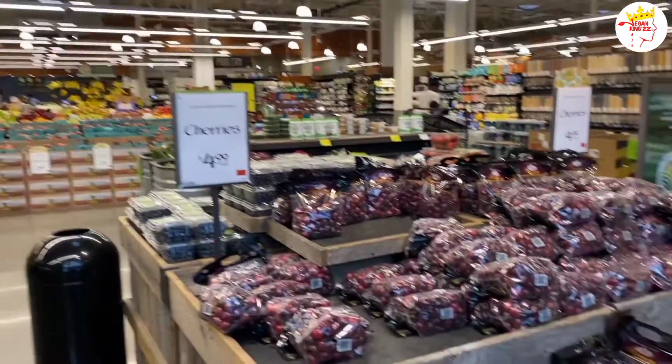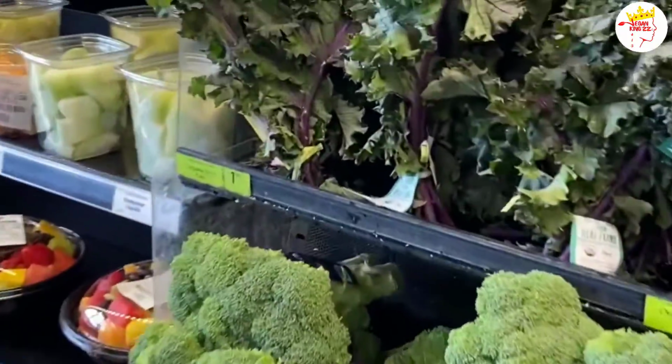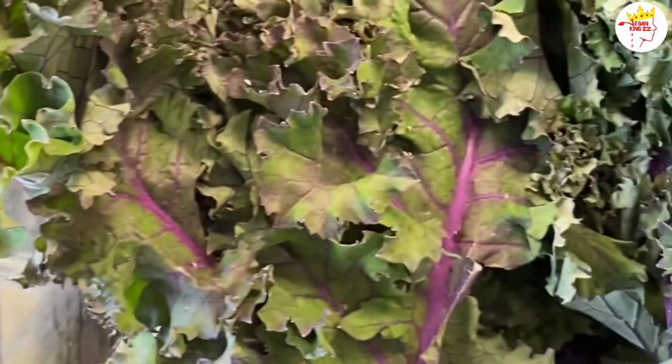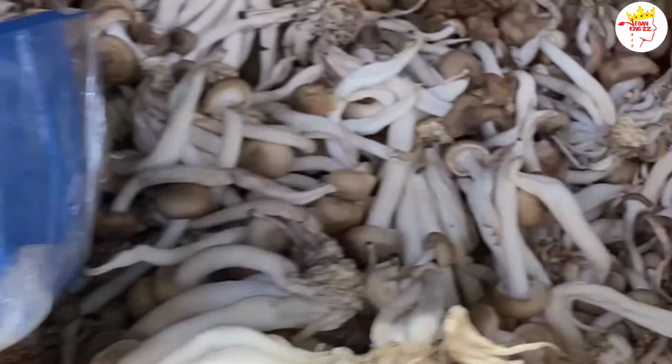A lot of you don't know, but Whole Foods is owned by Amazon, guys. Alright, so I'm showing you guys all the fresh vegetables that they have, and they bring these right to your door. I order some of these fresh mushrooms sometimes, or I go to other places, which I will show you